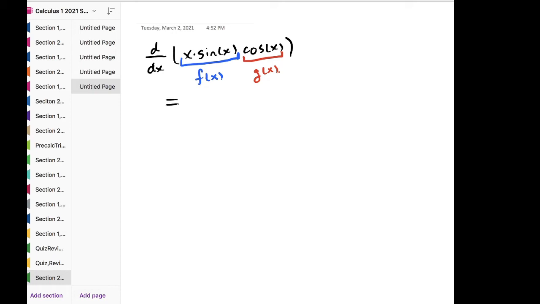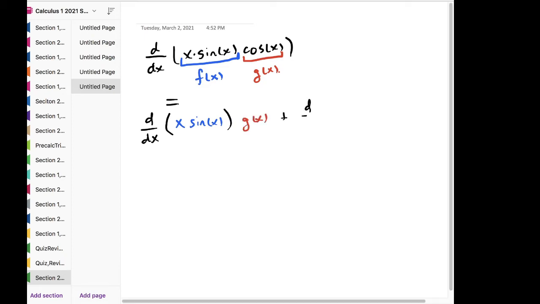So using the product rule, we have x sine of x, and then g of x, and then d/dx of g of x, or sorry, we have a definition of g of x, cosine,